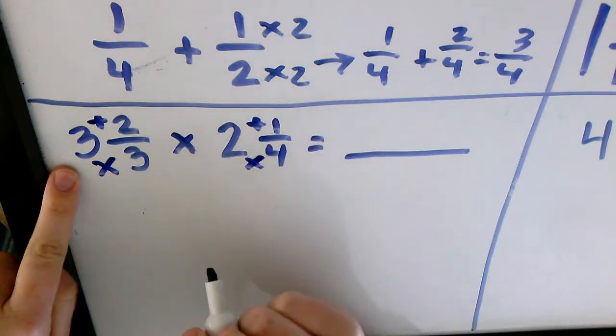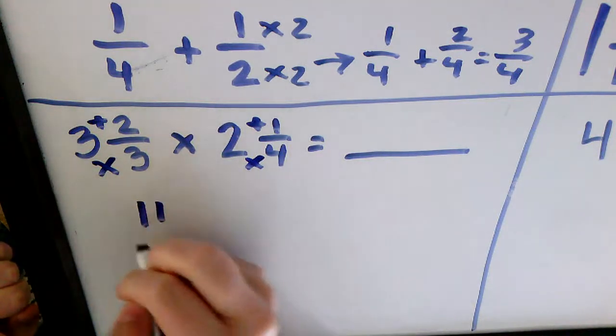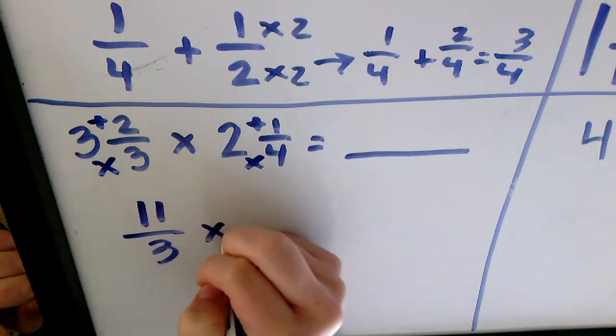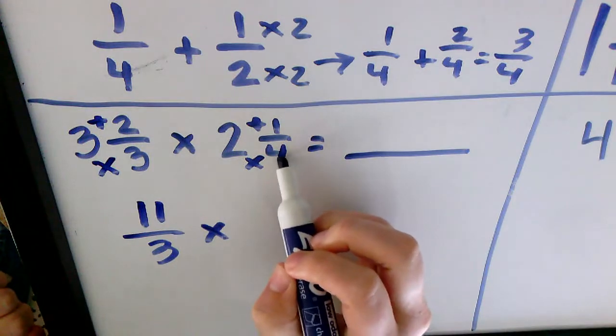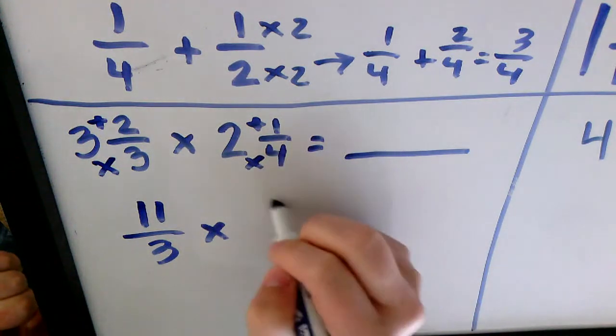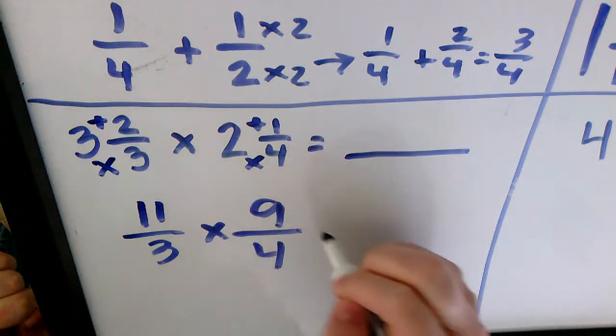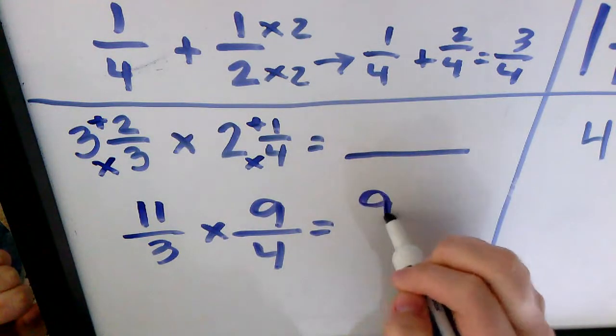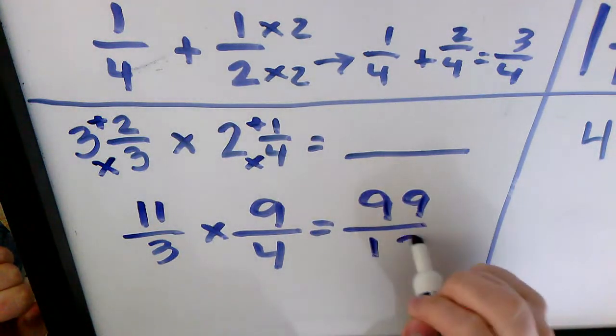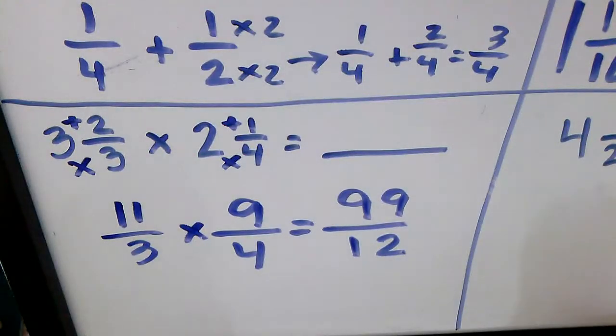So 3 times 3 is 9, plus 2 is 11. My denominator stays the same. Now I have 4 times 2 is 8, plus 1 is 9. My denominator is 4. So now I have 99 twelfths. Obviously, that's improper. So to go from an improper fraction to a mixed number, I am going to be